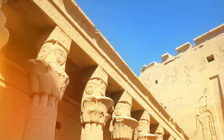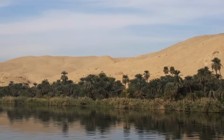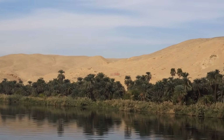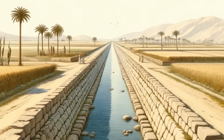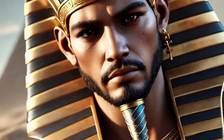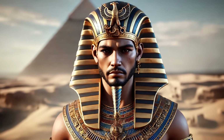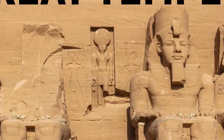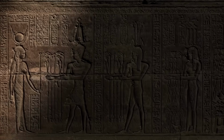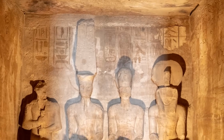These folks weren't just skilled farmers, they were also architectural maestros. They built these fancy canals to carry water to farms and villages, and boy, did they know how to make those canals look pretty. Just imagine strolling along a canal lined with ornate structures. The pharaoh Ramesses the Great was quite the overachiever when it came to construction. One of his mind-blowing creations was the construction located at Abu Simbel. This building was designed so that twice a year, the sun would shine directly into it and illuminate the statues